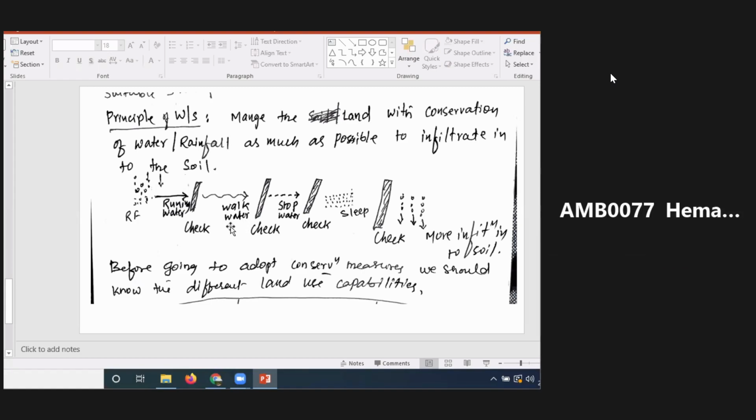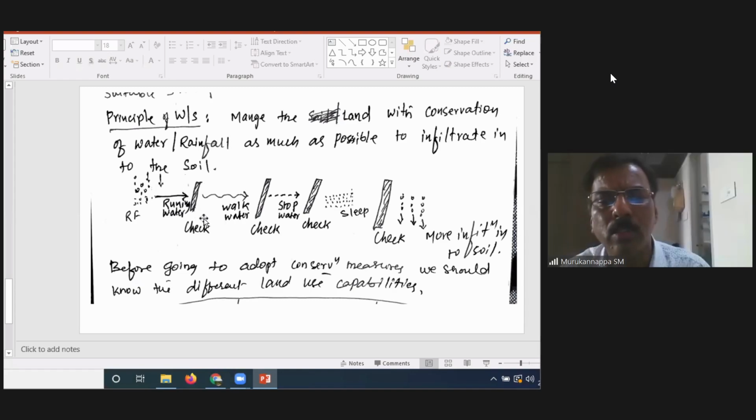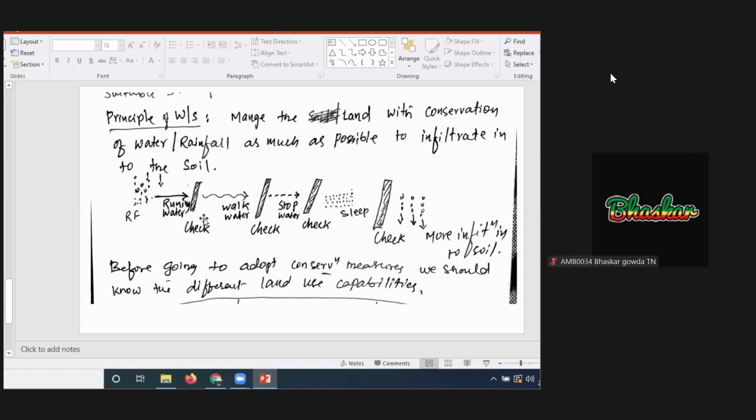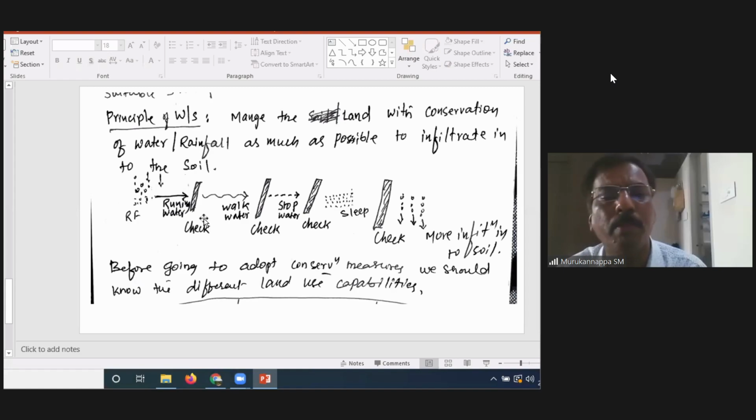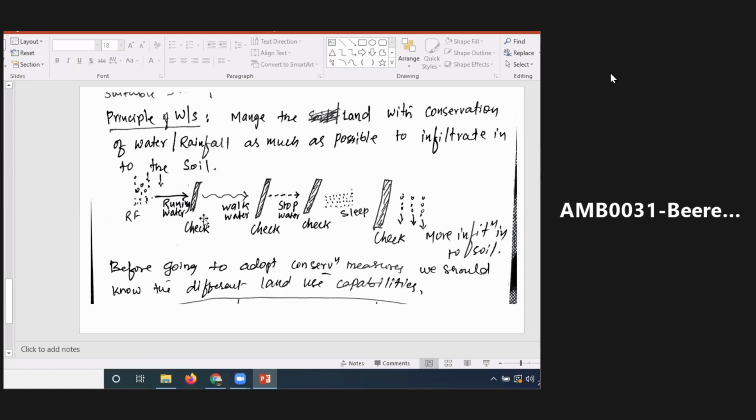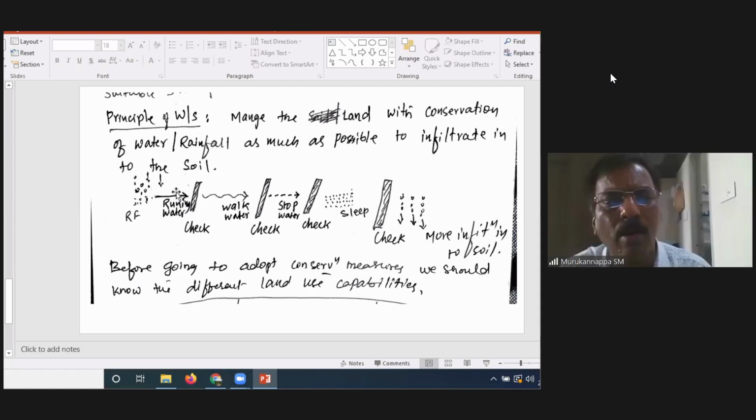Yes, sir. So, running water, I will give you an example. A person is running. If you hold his hand, what happens? He stops, but slowly. The speed is cut down, is it not? Yes, sir. Like that, running water, if you provide this check, will slowly walk. That water is walk water. Okay. So again, if you go for the check again, what happens to the water? It will be stopped.